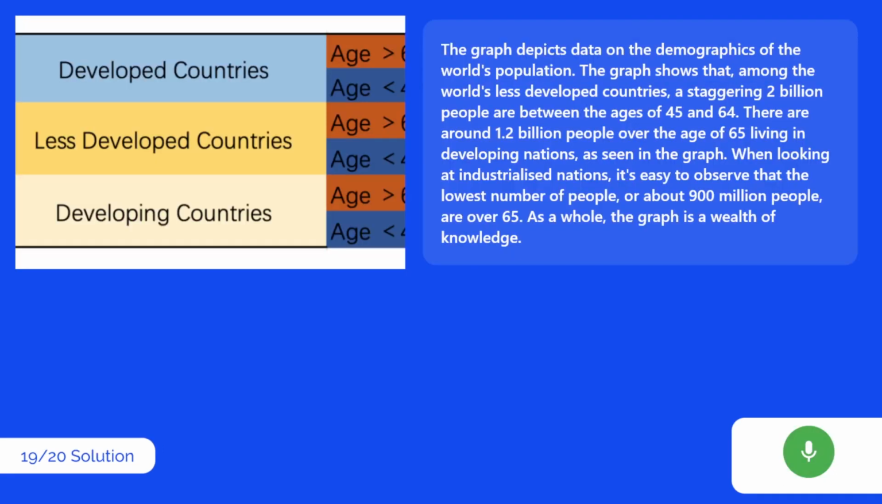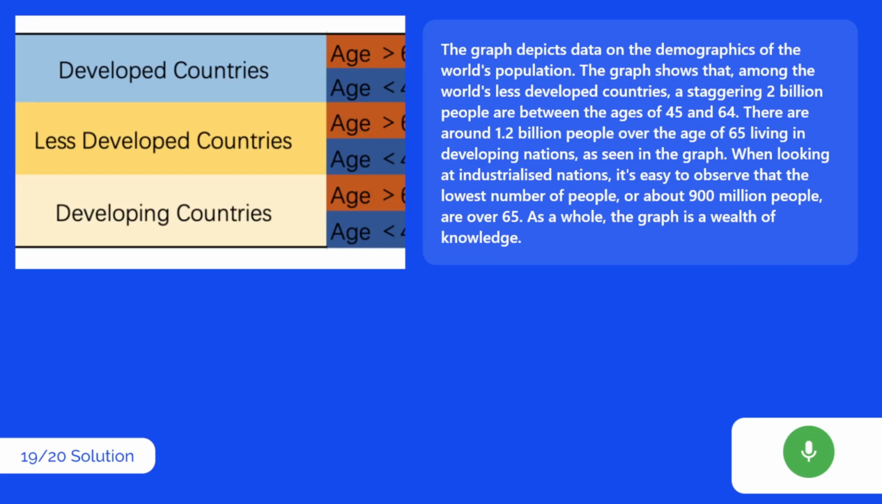The graph depicts data on the demographics of the world's population. The graph shows that, among the world's less developed countries, a staggering 2 billion people are between the ages of 45 and 64. There are around 1.2 billion people over the age of 65 living in developing nations, as seen